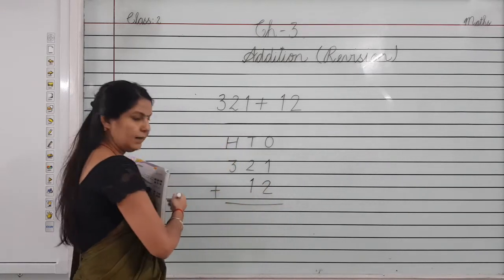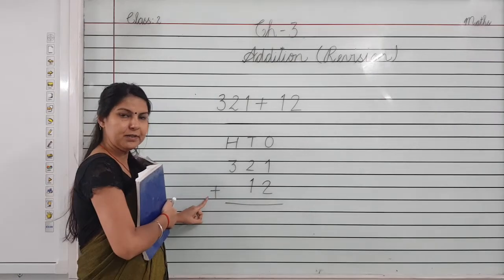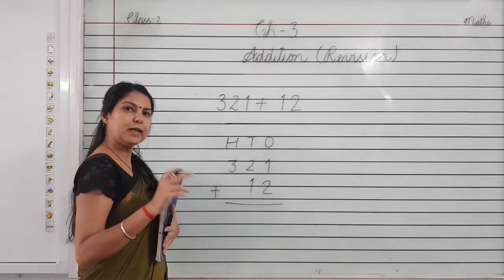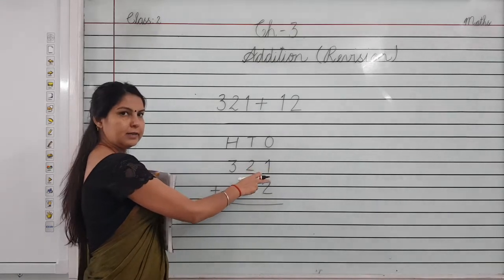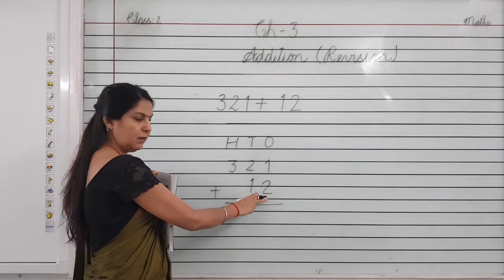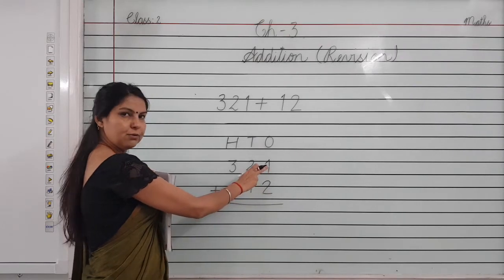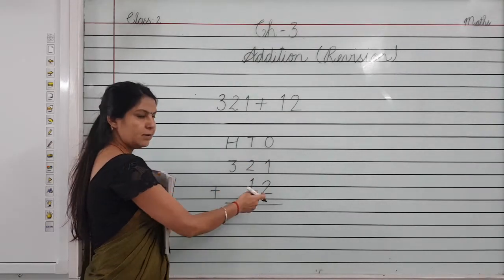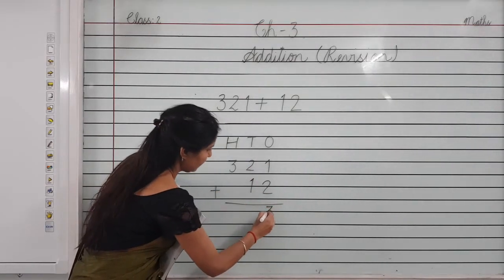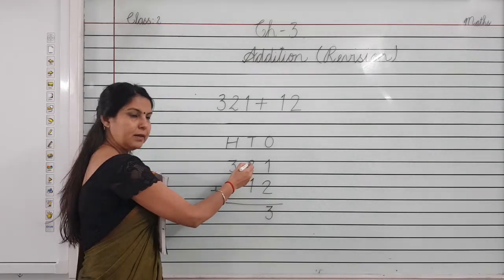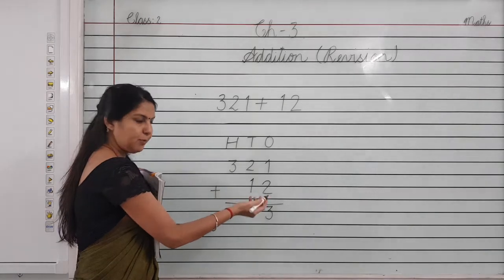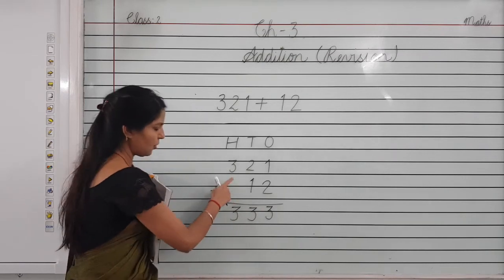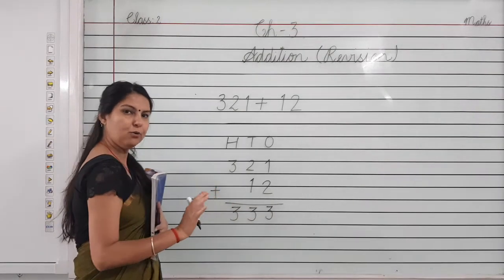Now we will add this sum. This is the sign of addition. Now you know it very well. Now start adding these numbers. First of all, we will keep the bigger number in our mind and move forward to the other number. This is 2, here bigger. So we will move after 2, 1. This is 1. So what will be the addition? What will be the sum of these 2 digits? This is 3. Here again 2 is the bigger number and we will move forward 1. So it will also be 3, and this we will write 3 as it is because here is no number at hundreds place. I hope you have understood.